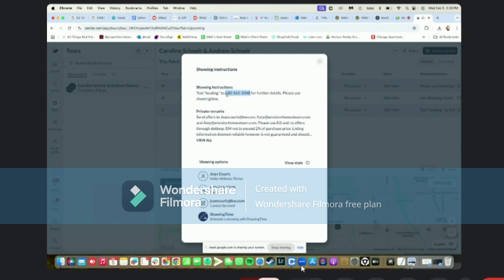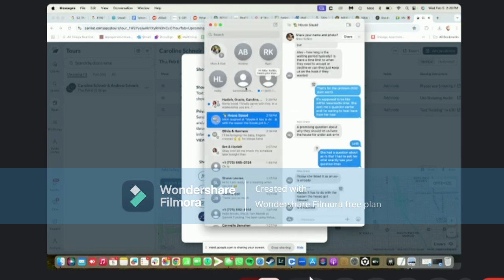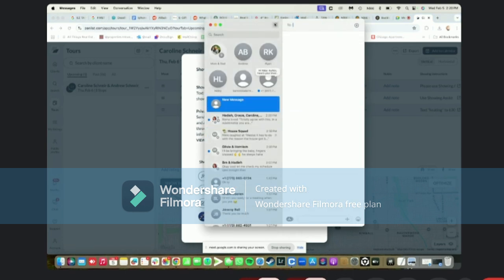Then if it's a text, then I would copy this number. And you can use your Google number for this. You don't have to use my number. But let's say you're using your Google number, then text them, and then also include me on that text, because that way I can see the chain of it. It's really helpful. So you can text them, you can put me in the thread, and you can just say